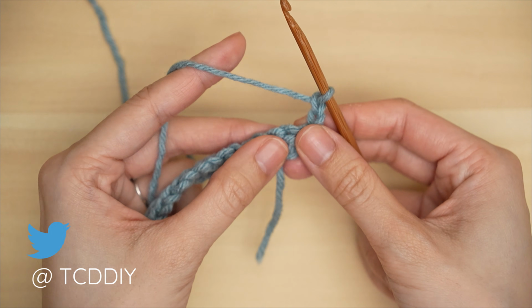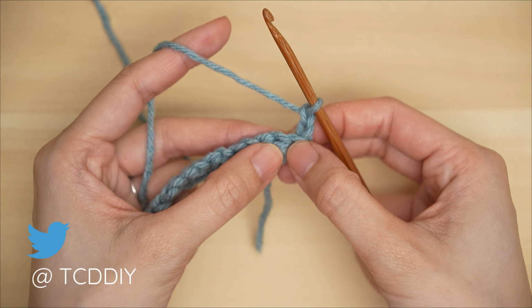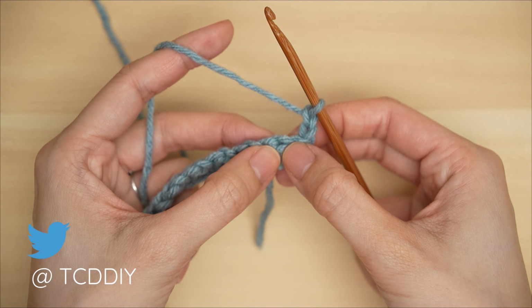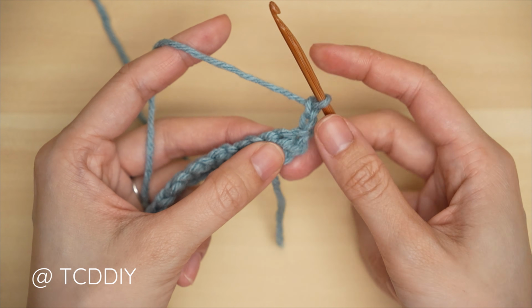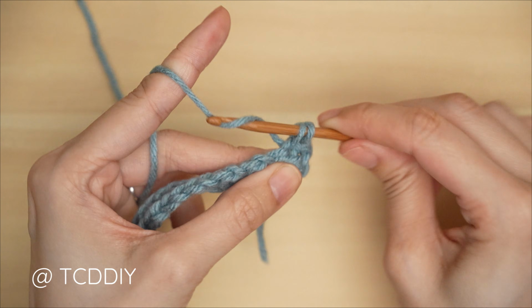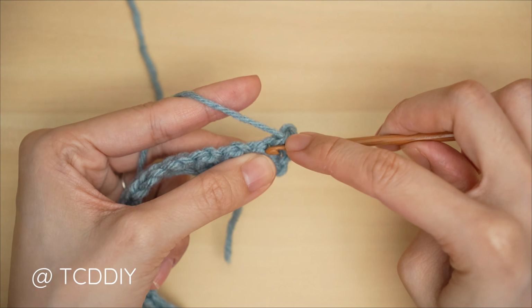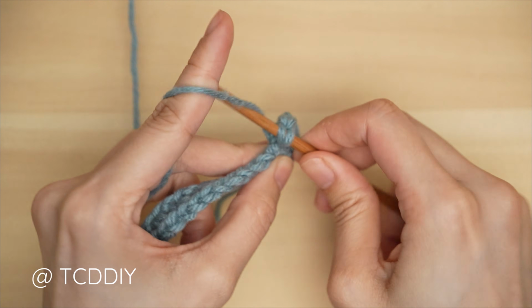Then flip our work, and we're going to do our moss stitch all the way down. So what we're going to do is skip that first stitch. Into that next, this is going to be our increase. We're going to insert with 3 single crochets. So skip 1, into the second stitch, insert with 1, into that same stitch with 2, and same stitch with